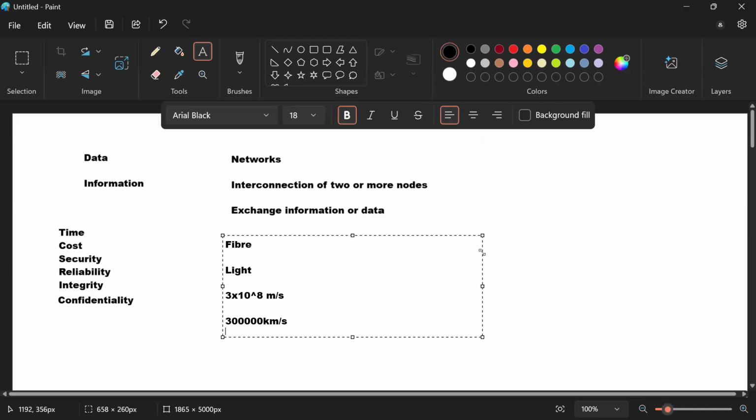And what is the circumference of Earth? Everybody knows circumference, right? Circumference is the boundary. So what is the length?